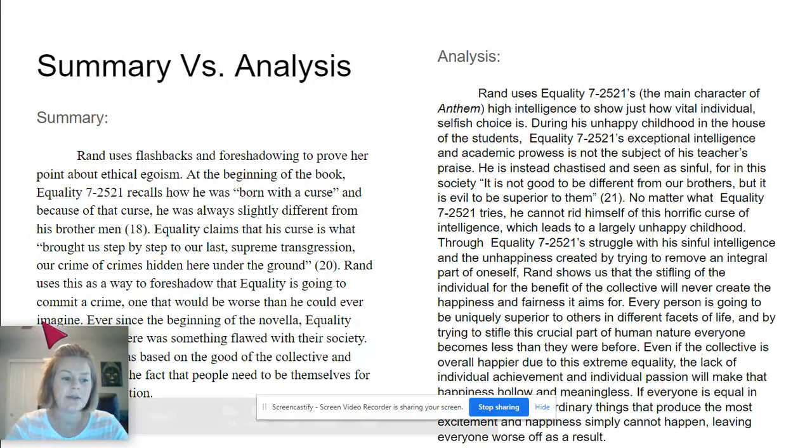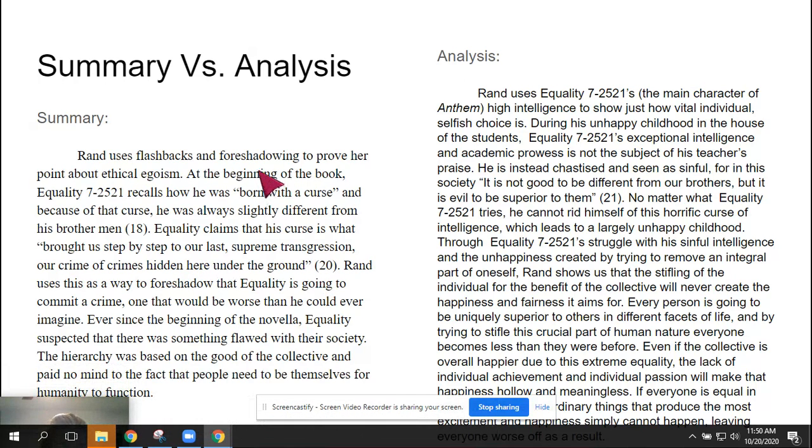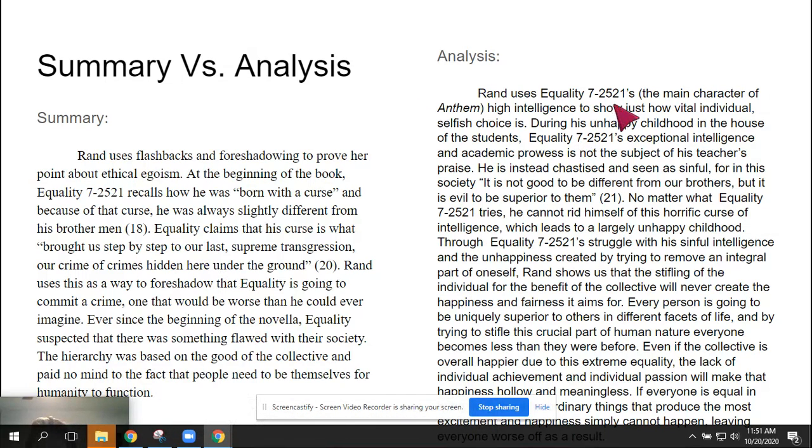And then this is the big one, summary versus analysis. I really want you to look at this. It is super important that you understand the differences because this person, it looks like they did beautiful. They have author choices. They talk about the author. They use the author's name. They have literary devices like flashbacks and foreshadowing. They even use snippets in their quotes. They quote it correctly. I mean, it is very obvious that this person read the book, but they wrote a summary.